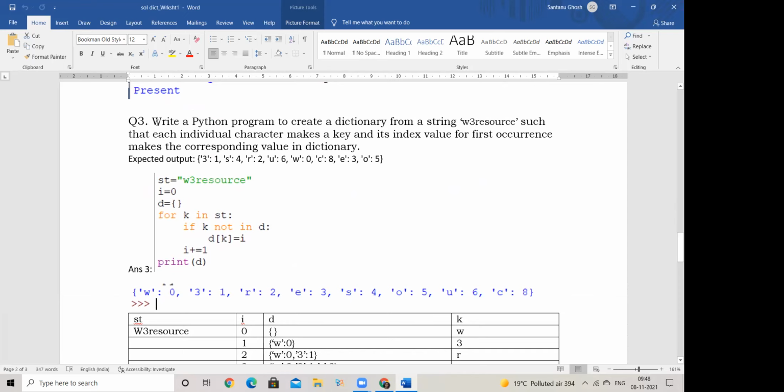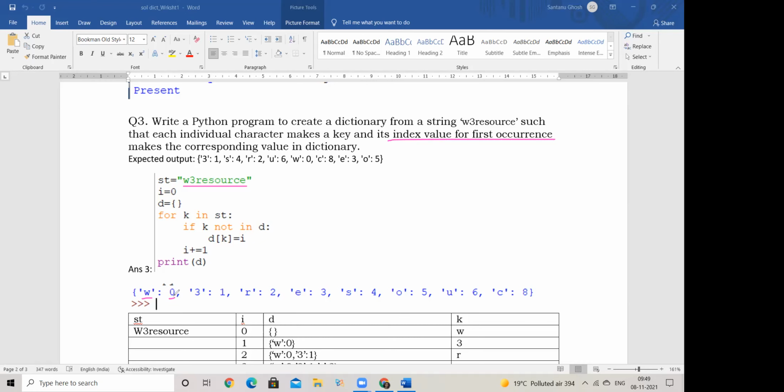Here it is saying that whatever string the user gives me, like this is a string I've directly taken, you will accept it from the user using the input function. So whatever string the user gives me, I have to create my dictionary in such a manner that I get the position of the first occurrence added. Sorry, the position, not the occurrence. I'm so sorry, the index value of the first occurrence, I mean. So the position where it occurs the first time, that position I want.